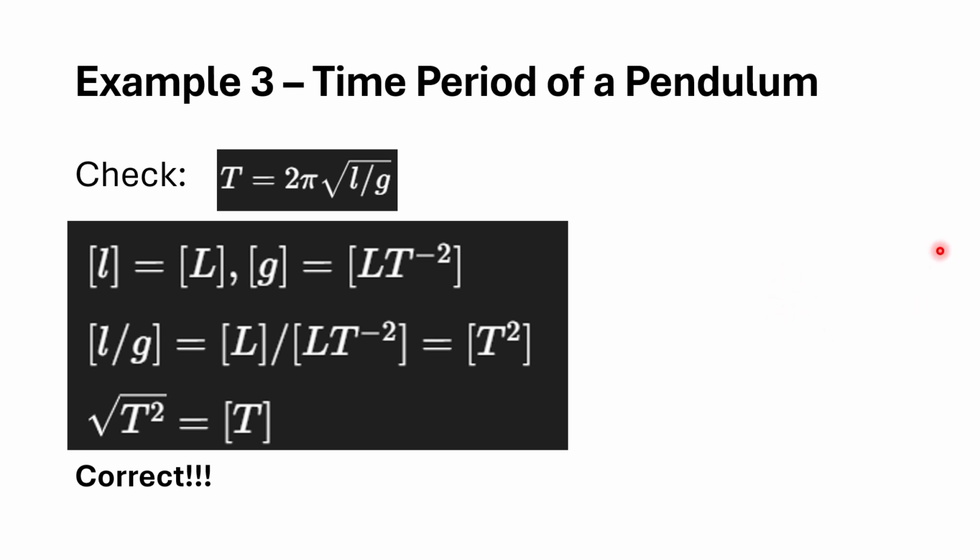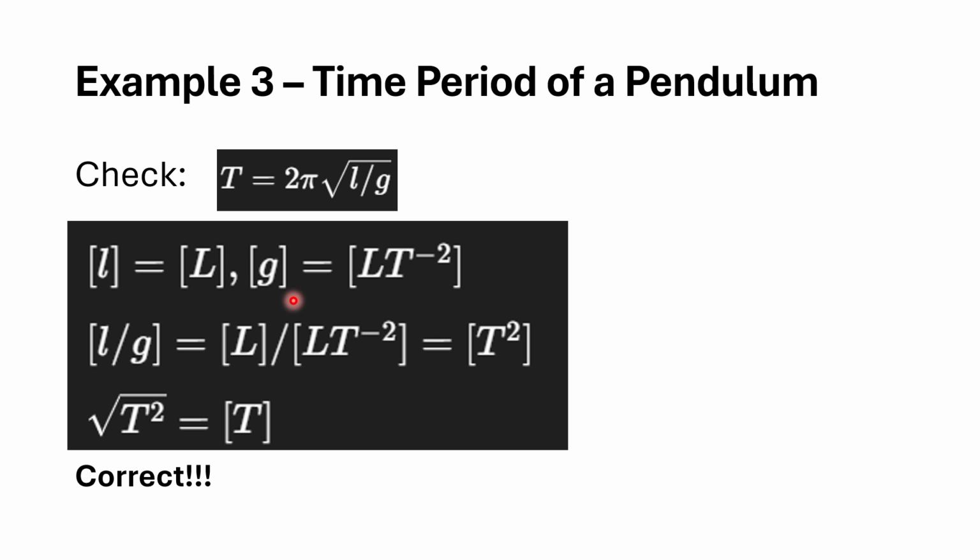When we move that T to the power minus 2 upward to the numerator, we will be left with L by G equal to T squared. Now apply the under root on it. The 1 by 2 and 2 will cancel out. We will be left with only T, and that T is the same as the left hand side of the equation we have. So we can say that yes, this equation is totally dimensionally correct,